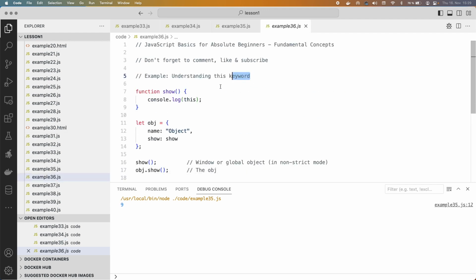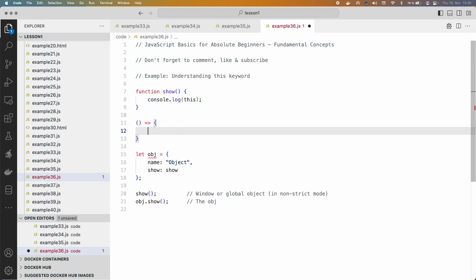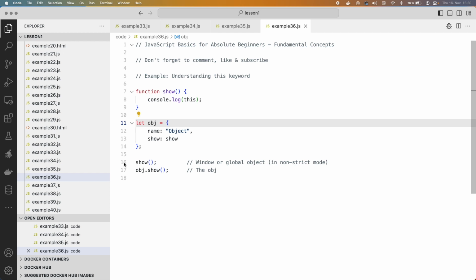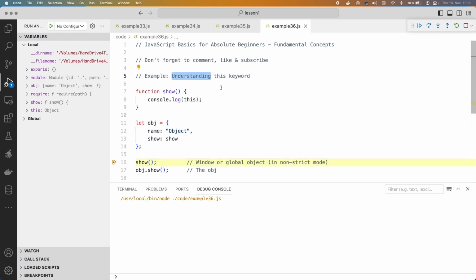So understanding this keyword now, I'm going to go over this so fast, because I've got, I think, about an hour's video on my YouTube channel about this. And this is a function of show, and a function and an arrow function, right? Anonymous functions like this, which we haven't been over yet, fall under this differently, okay? But we're going to ignore this. I shouldn't have put understanding, I'm just going to say intro